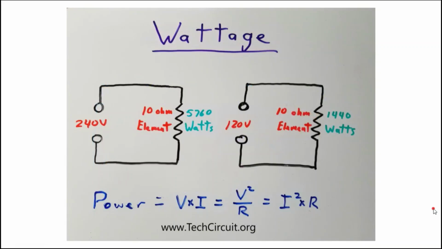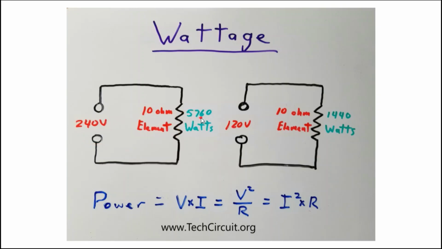Now let's talk a little bit about wattage. Heating elements in dryers and ranges produce heat. Heat is directly related to power. Power, also referred to as wattage, is the rate of actual work done by a load. Wattage is very easy to determine. Looking at the diagram, we can see that the power produced by a 10 ohm element with 240 volts across